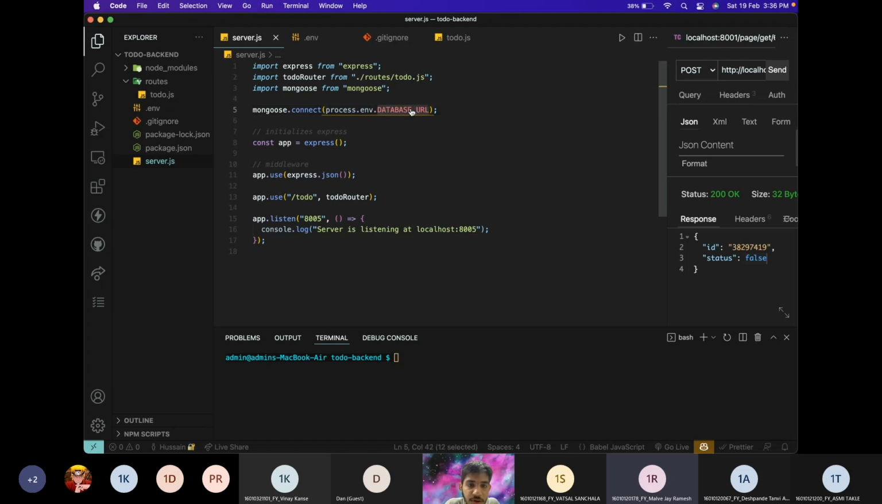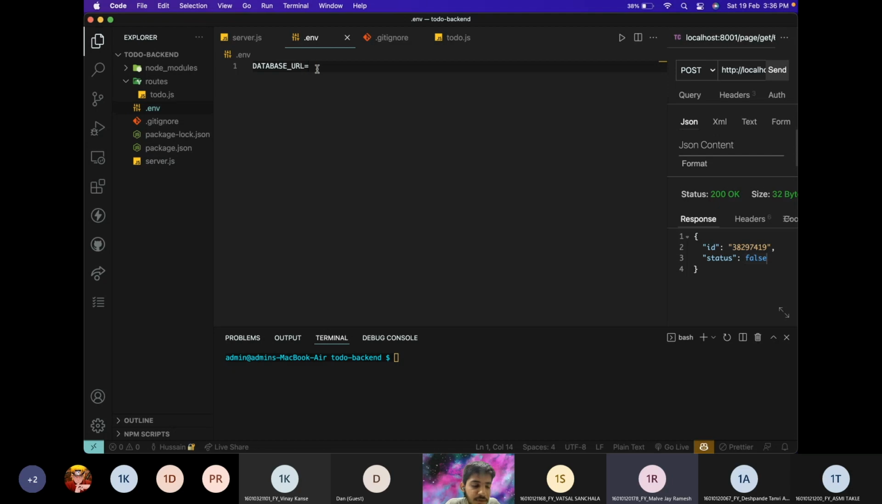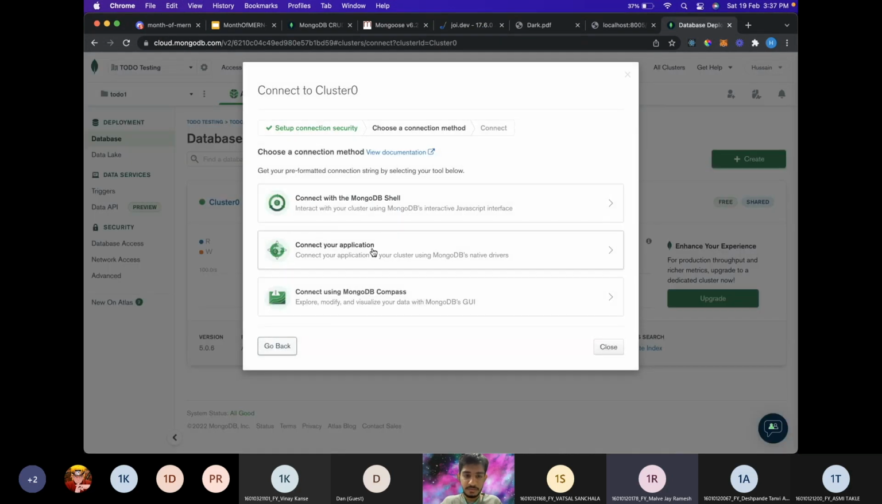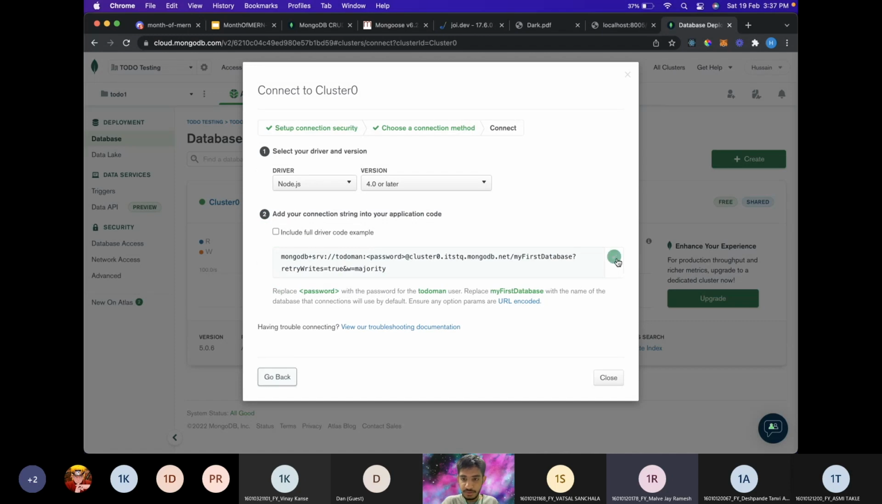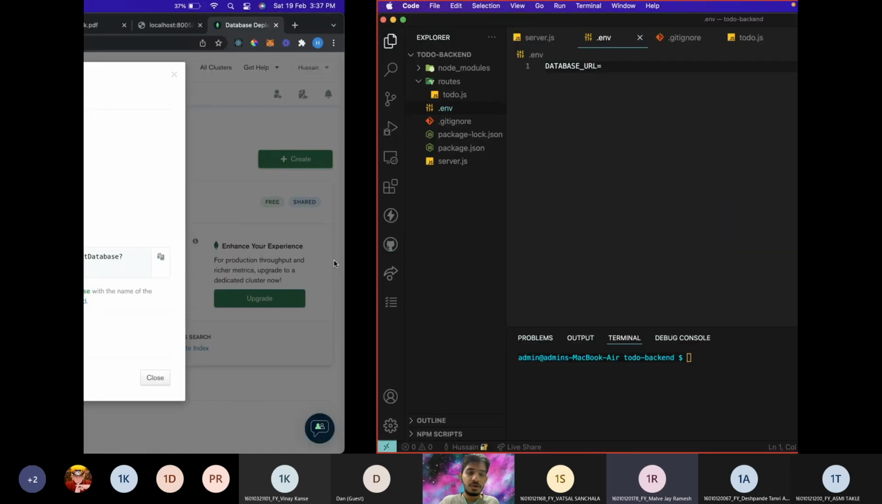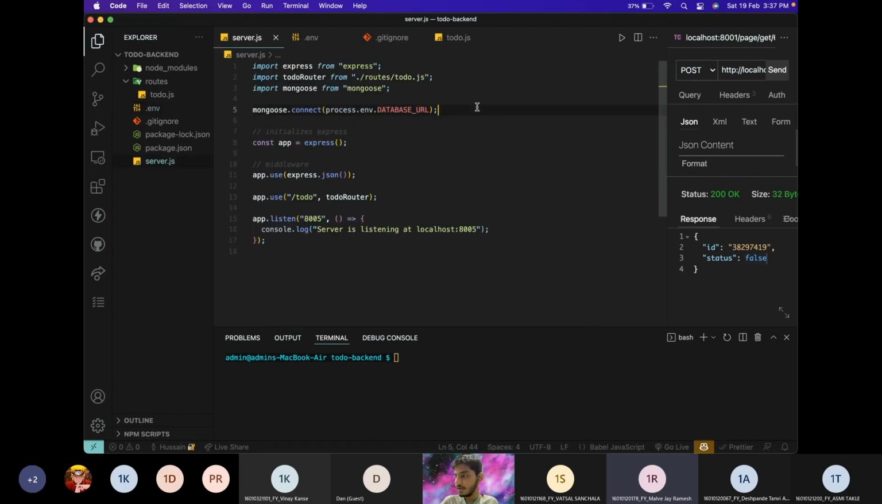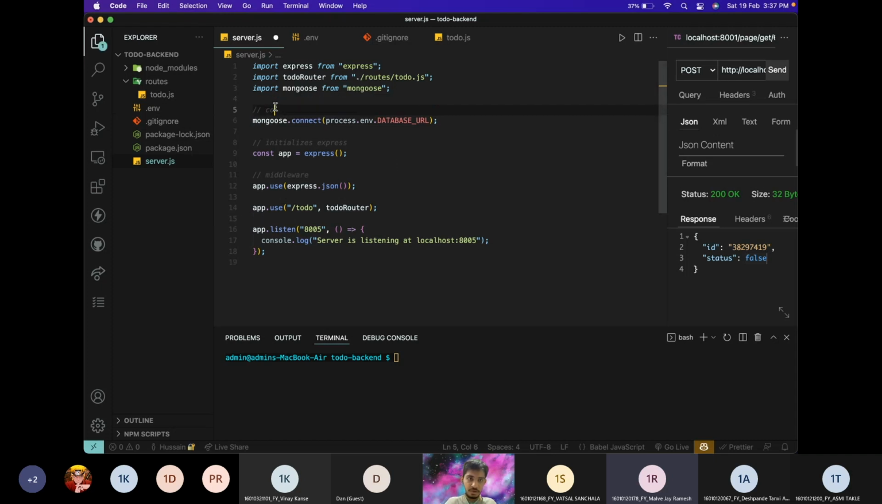So here I will have my database URL, and now that my cluster is ready, I can click on connect your application, and I copy paste this URL. I'll paste it here. I will change the password to whatever password I had set, and now this database is ready to be connected. So this line of code will connect to the MongoDB cluster,